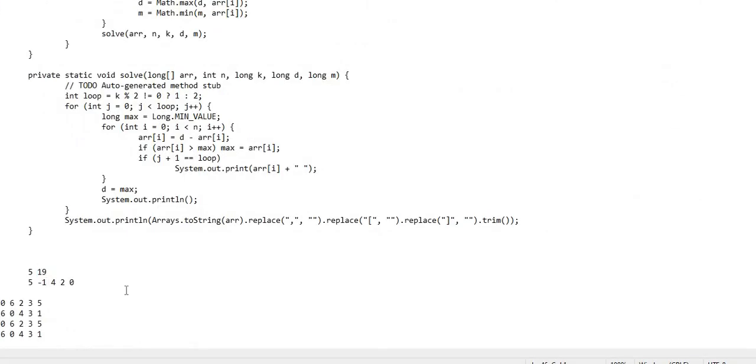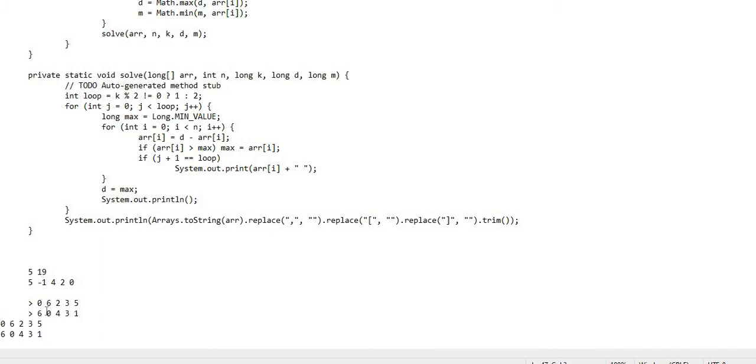Initially we can see that 5 is the greatest number, so d is 5. Performing 5 minus a_i, for the first iteration the array looks like 0 6 2 3 5. Then k is reduced by 1, so now it becomes 18.